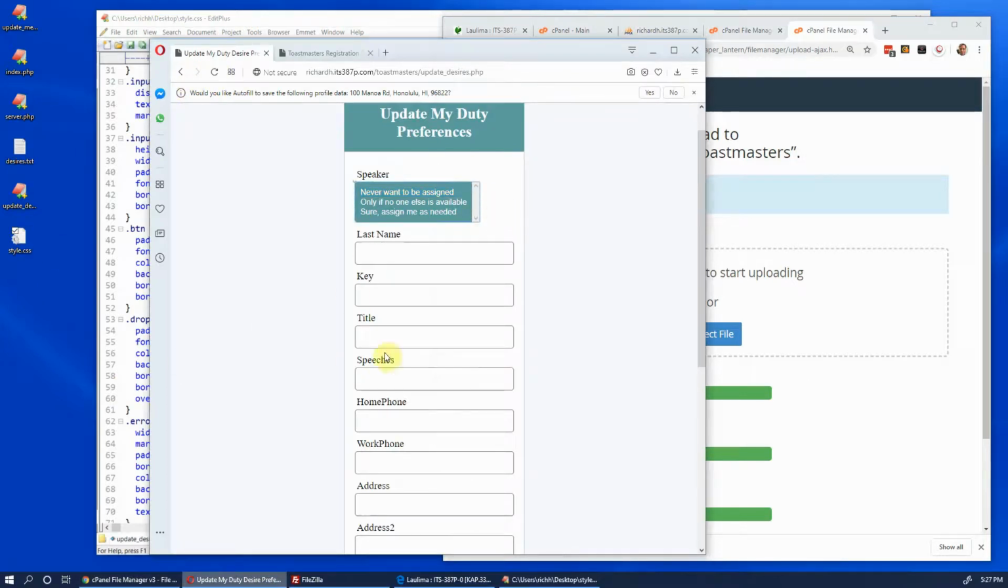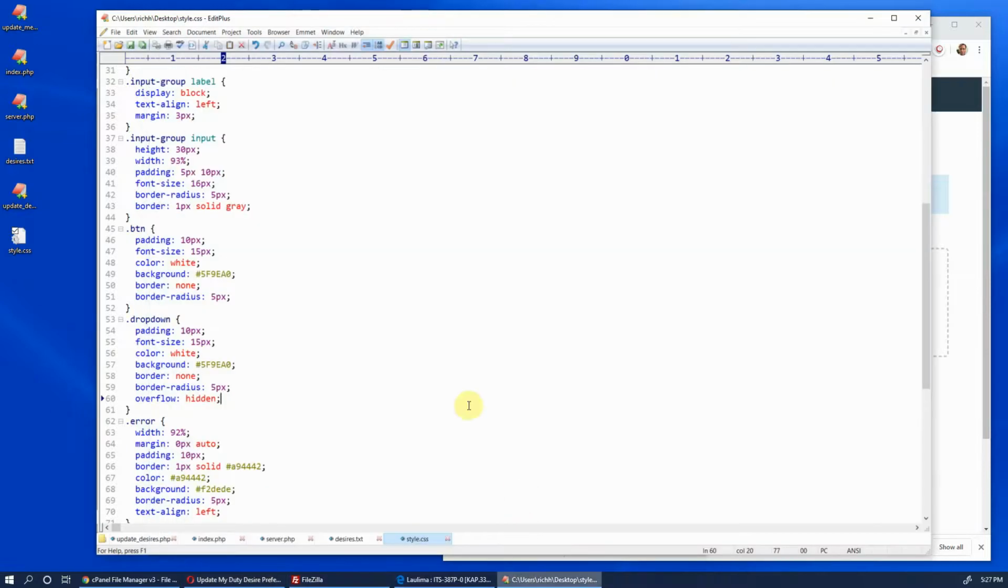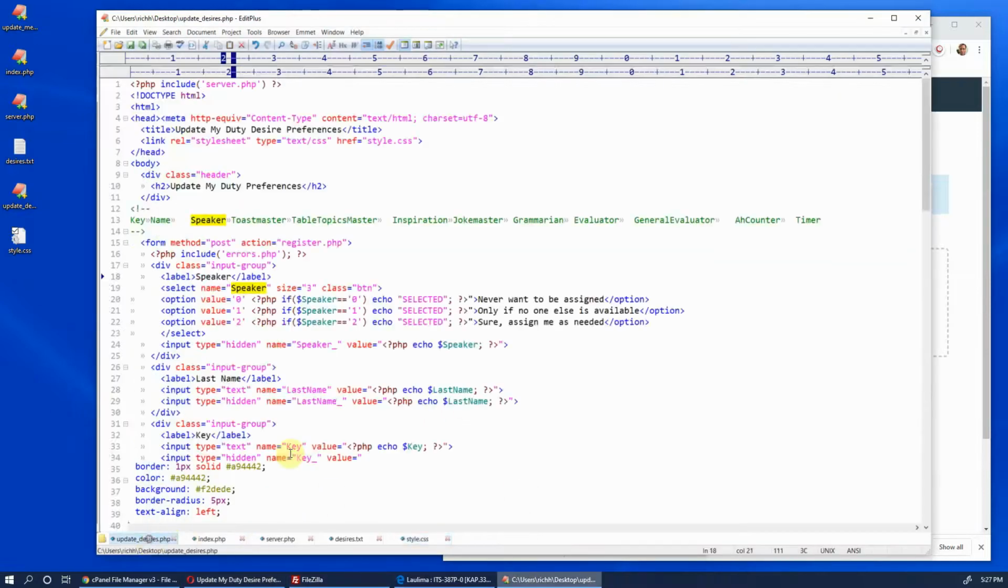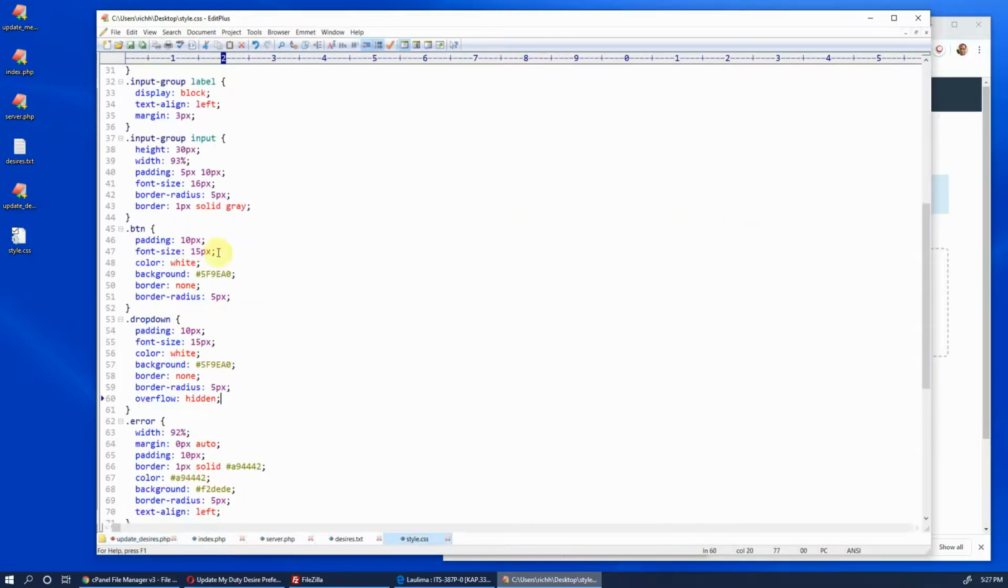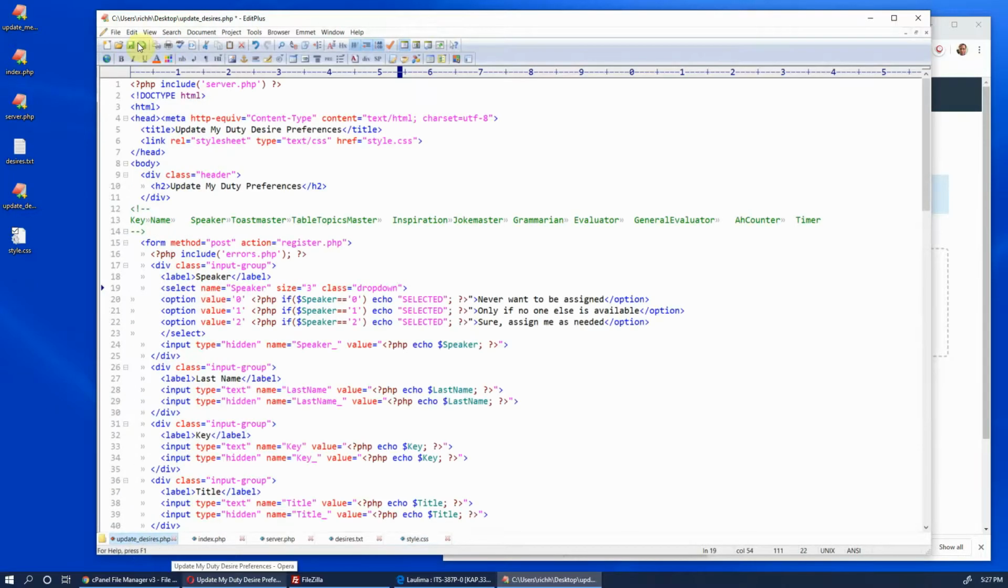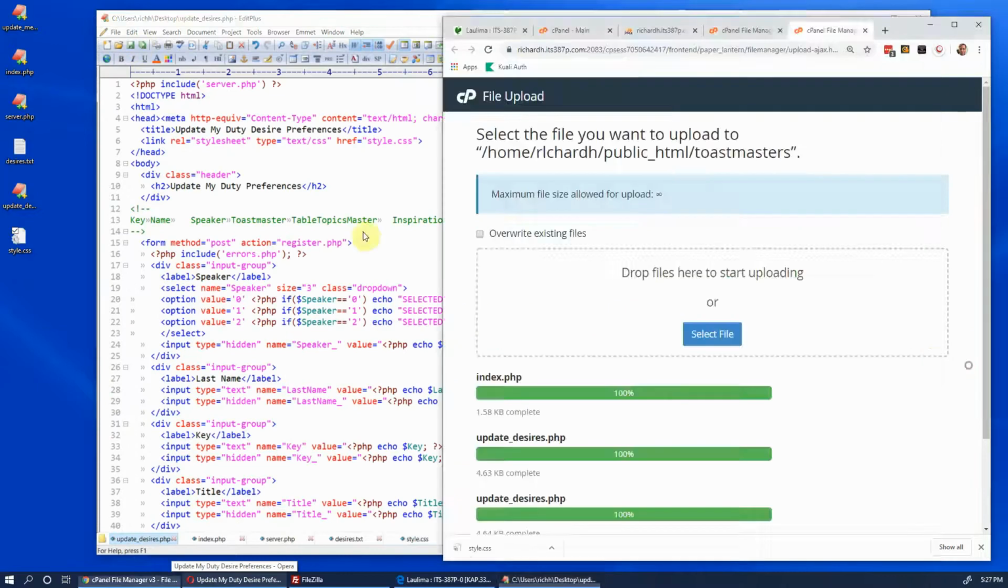Oh, I need to say that that's what I want the class to be. So it's not class button, it's called class dropdown. Because you see I created a new class called dropdown, and that's where I made the change. So now if we save this and put that one up there,